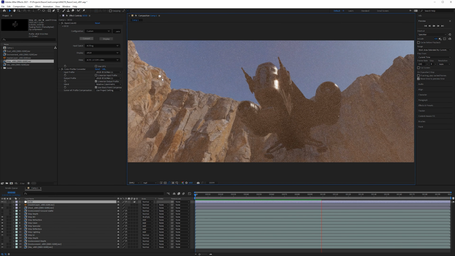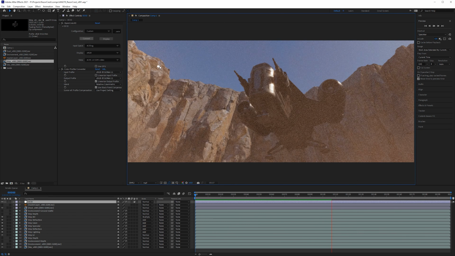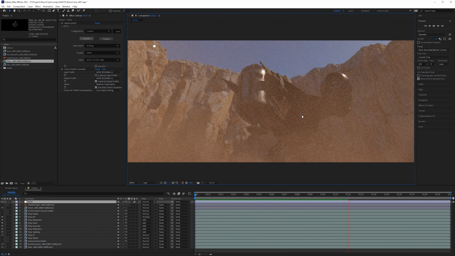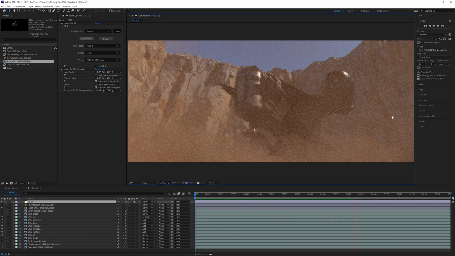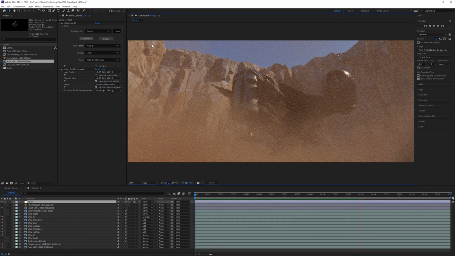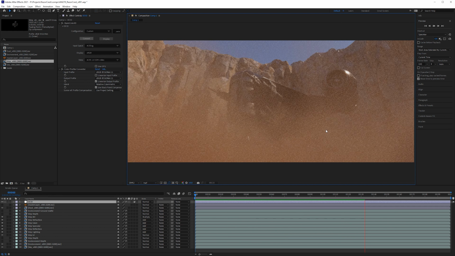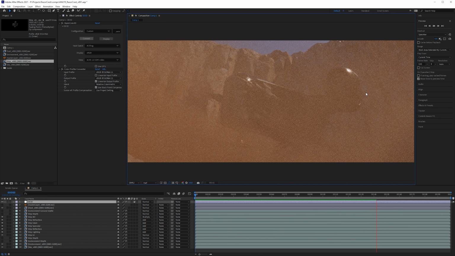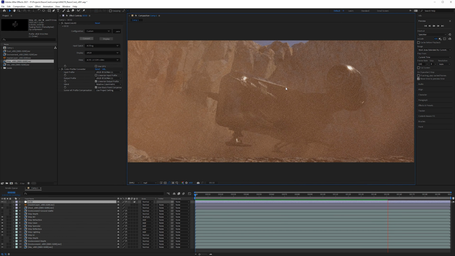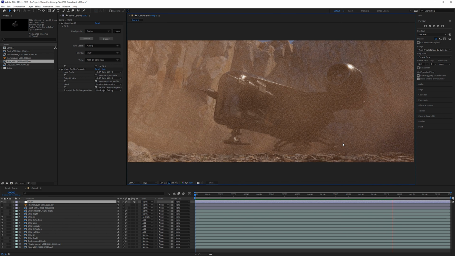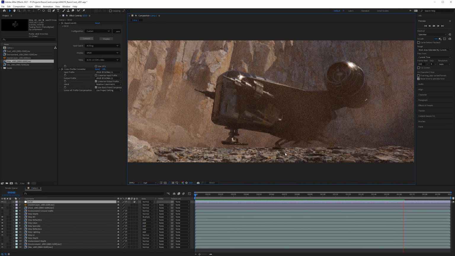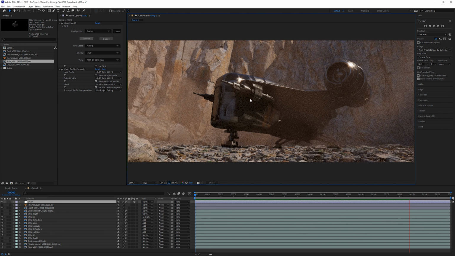We also have a really weird hotspot here, and I'm not sure what causes this, but we're going to go back into Maya later on and try to fix that. If that happens for you, just take note of whatever we come up with. But I think it looks like a reflection of the sun, but the dust shouldn't be reflecting the sun like that, but maybe it's a bug. I don't know, but I think we can get rid of it pretty easily. So here the dust is very, very thick, but as you'll see, the dust is going to fade away way too quickly, which is something else I want to correct.